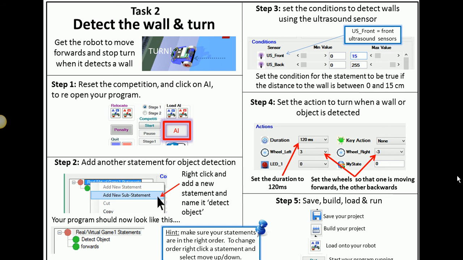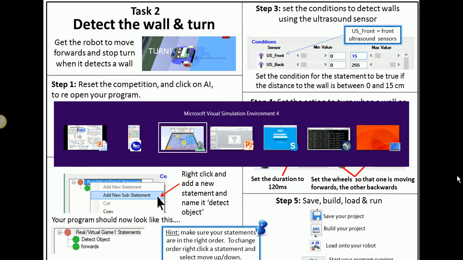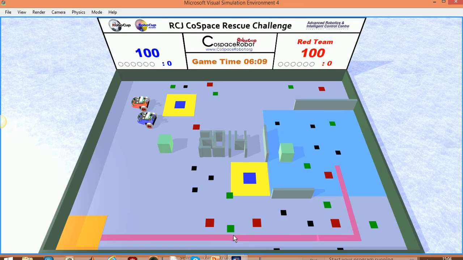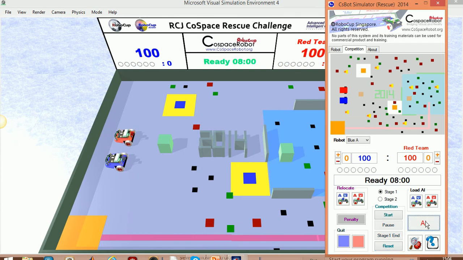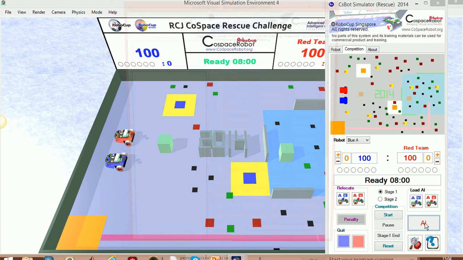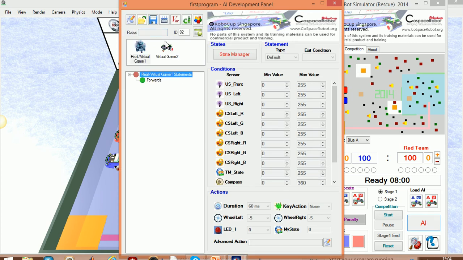We're now moving on to task 2, which is looking at detecting a wall and turning so we can navigate around the fields. So if we go back to the CS bot here, the first thing we want to do is reset the competition, like so. Then we can click on AI again, and this will launch the development panel, and it will have remembered our